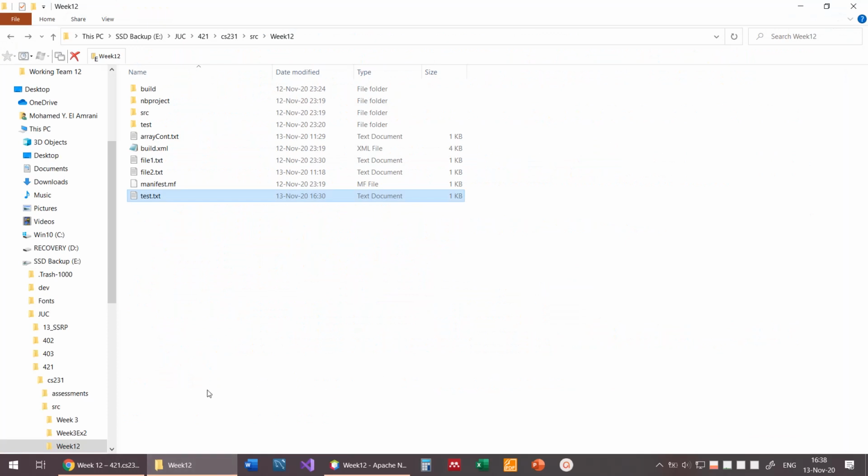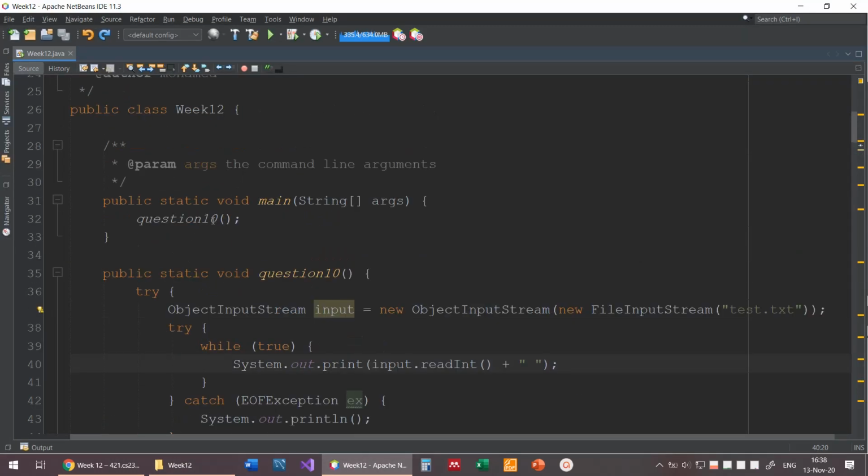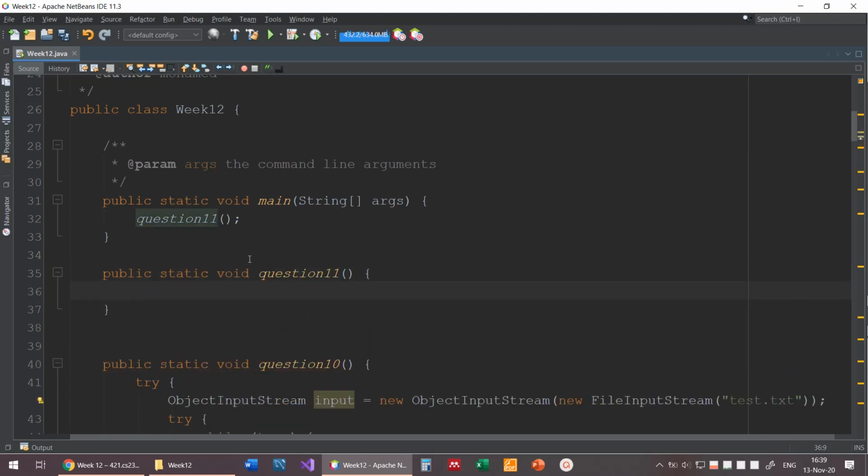Hold on, now I'll go back here. So question 12, question 11. Question 11. It doesn't have to be an object to be binary, so we're not going to make it binary because we'd like to see what's inside of it. So let's just write public static void question11, and we will use this